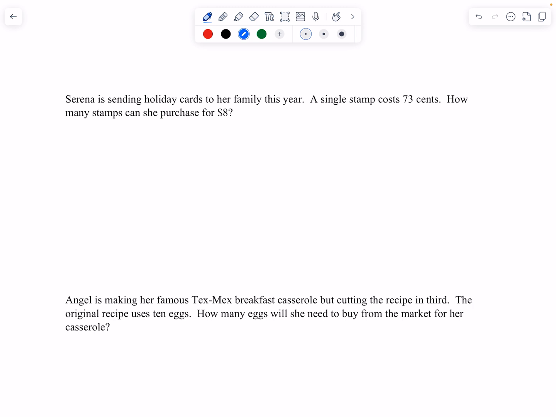I would highly advise getting your calculator out. So if you need to pause, go ahead. I am getting my calculator out on my phone, actually. So that's one place you can do this. We're going to take 8 and we're going to divide it by 0.73. Okay, so what I did was I took the $8 that she has and I divided it by 0.73. That's what 73 cents looks like, 0.73. And when you do that, I get